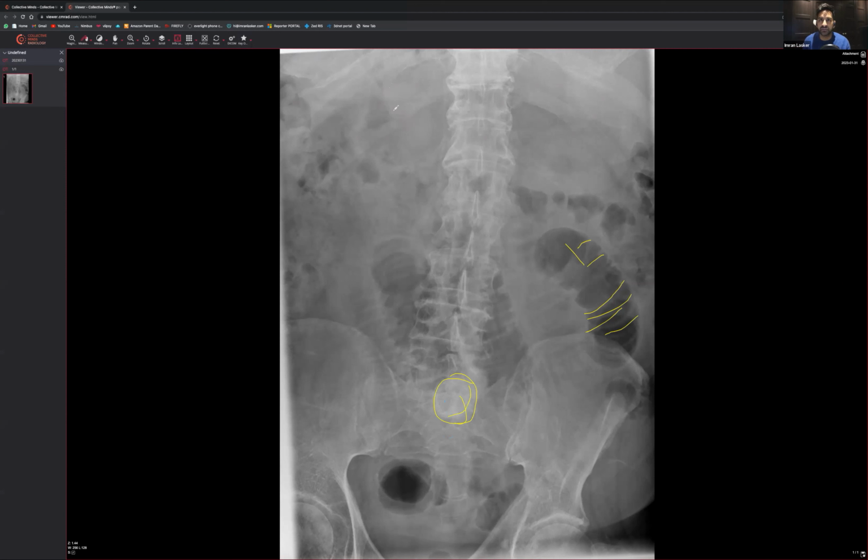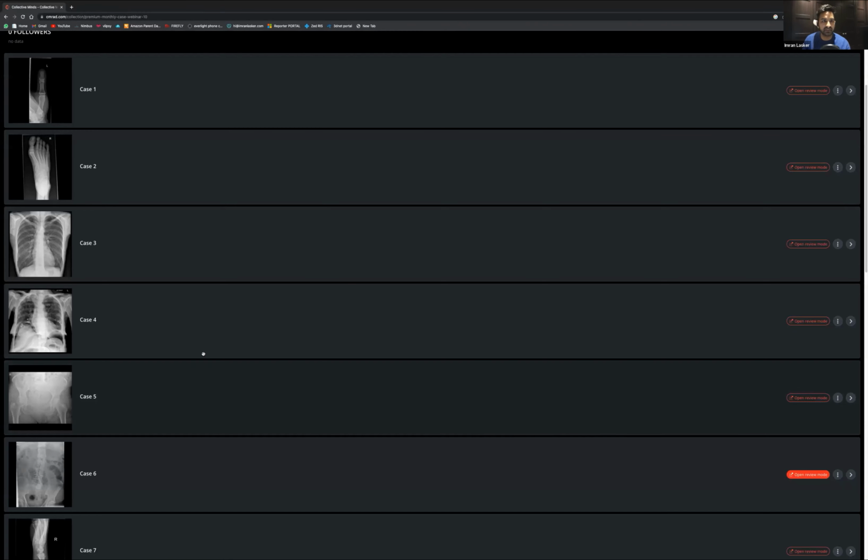The other thing to look for is whether there's any air within the biliary tree. So the liver is sitting up all the way over here. You can see a bit of air anyway, but it almost feels like there may be some air in a more linear fashion, sitting within this area over here. That therefore must be air within the biliary tree, because this patient has had a gallstone come out from the gallbladder, go all the way down the small bowel, and end up getting lodged up here.